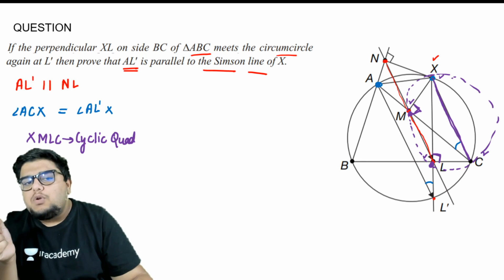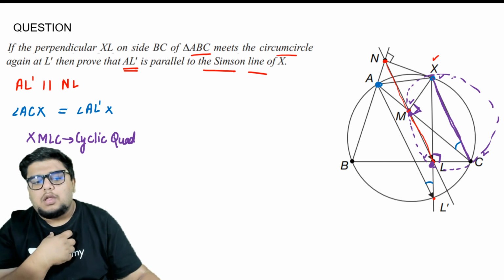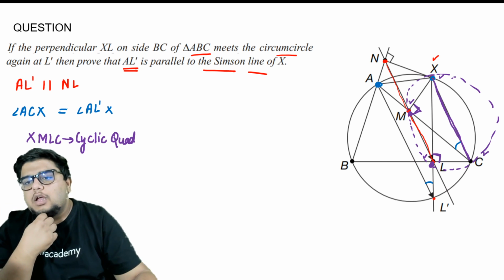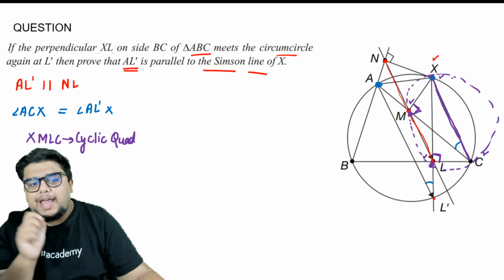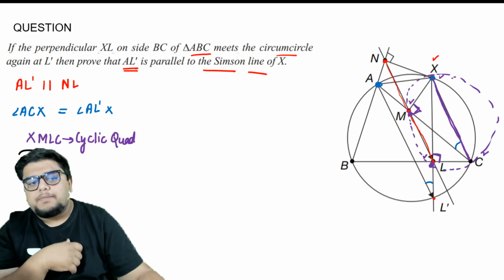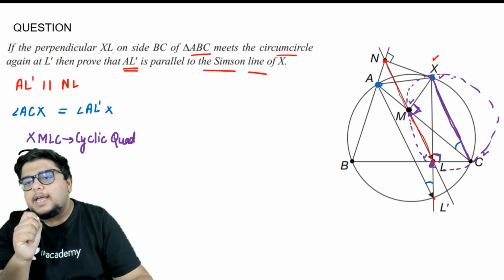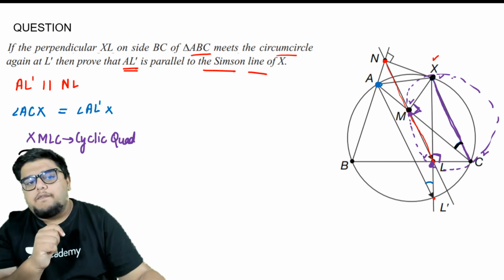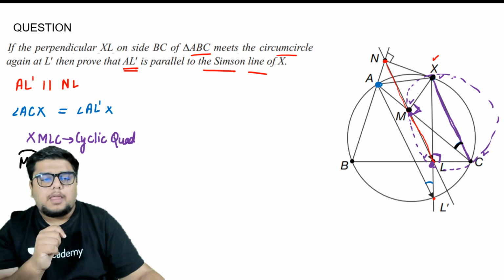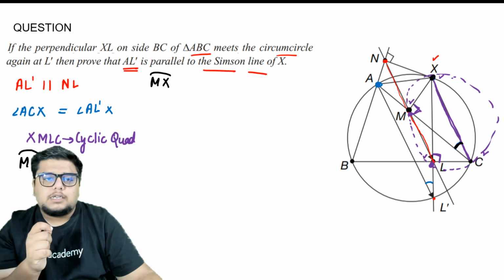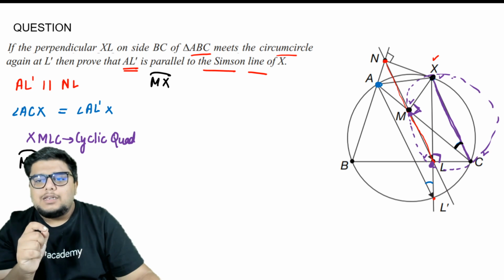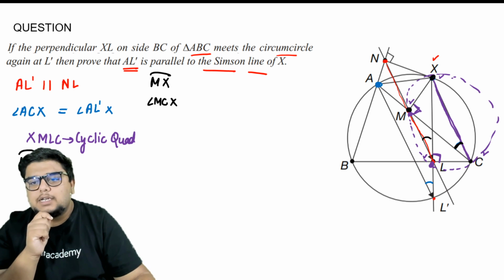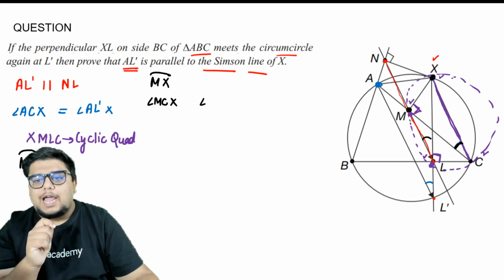Now, in this, you have to look at 2 more angles. आपको 2 angles और देखने हैं. Look at the arc MX. MX arc को देखिए. When you look at the arc MX, it is also subtending an angle. One angle is this, which is basically your, I'm going to write here. So basically your arc MX is going to subtend an angle MCX, and the other angle it subtends is going to be this, which is angle